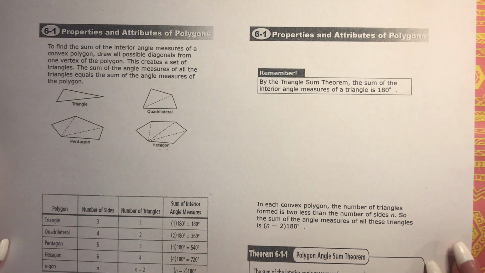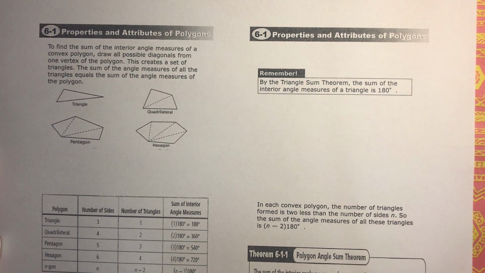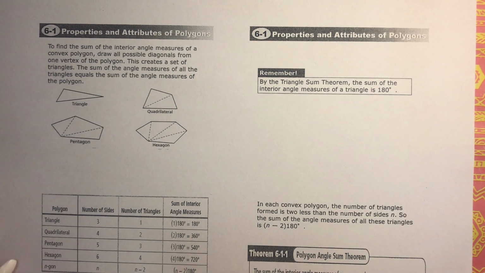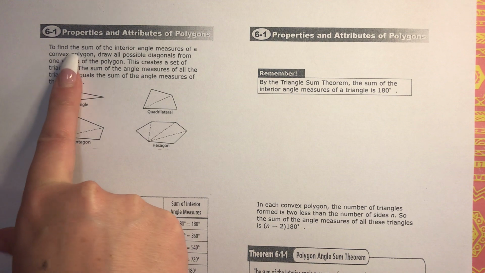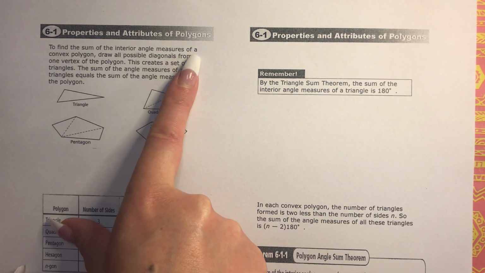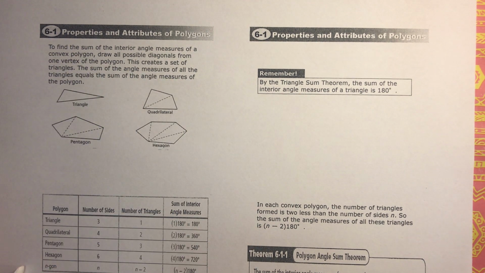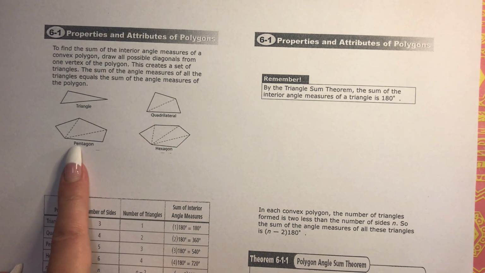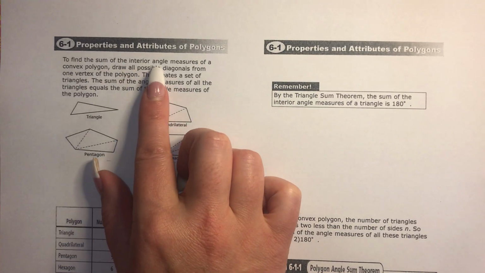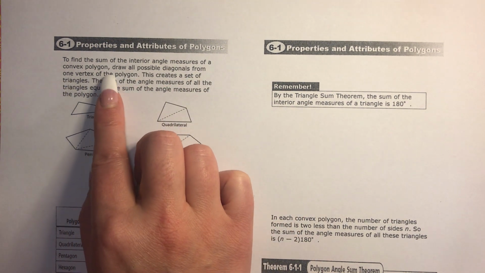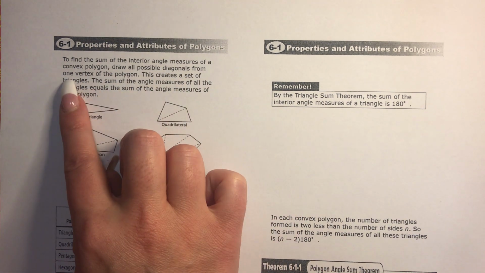All right, welcome back. We are going to get started talking about the information needed for example 3. So, for example 3, to find the sum of interior angle measures of a convex polygon, right? Those are polygons that aren't concave, okay? To find the sum of the interior angle measures of a convex polygon, draw all possible diagonals from one